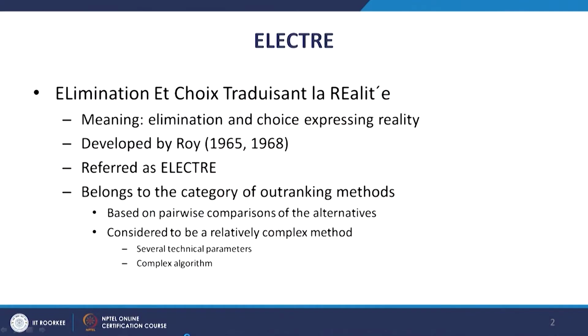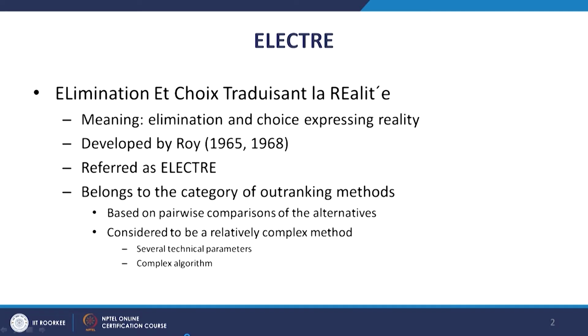So, let us start. What do we mean by ELECTRE? In English it means elimination and choice expressing reality method. This was developed by Roy in 1965-68. That was the time the first version of the ELECTRE method was proposed by him. In short, this is referred to as ELECTRE, and just like AHP, this also